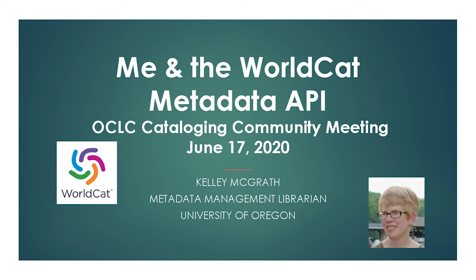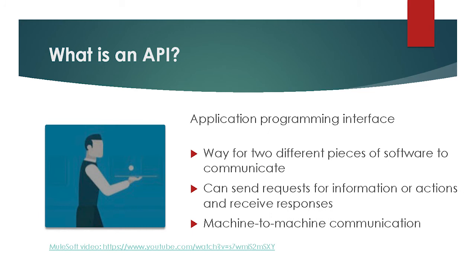Hi, so I was asked to talk about my experience with the WorldCat Metadata API. And I'd like to share a few ways that I have found the WorldCat Metadata API to be useful. But before we get too far into this, just what is an API? API stands for Application Programming Interface, which probably doesn't clarify much for most of us. I think of it as an agreed upon method for two pieces of software or applications to communicate, that is, to interface with each other via programming rather than by a person typing in a question or command in real